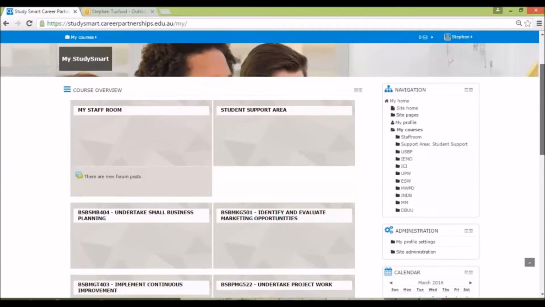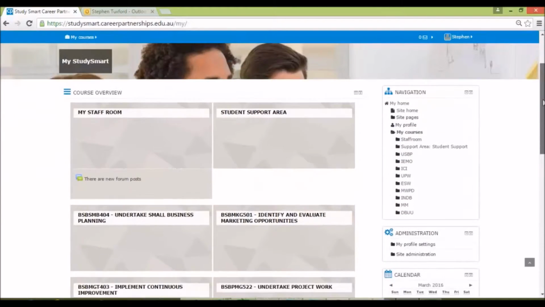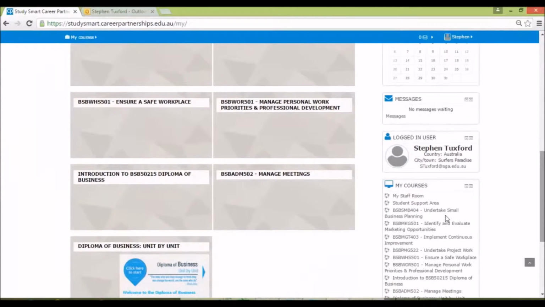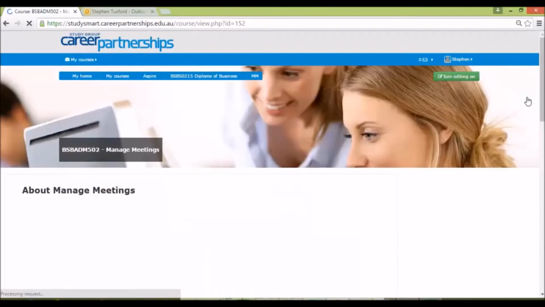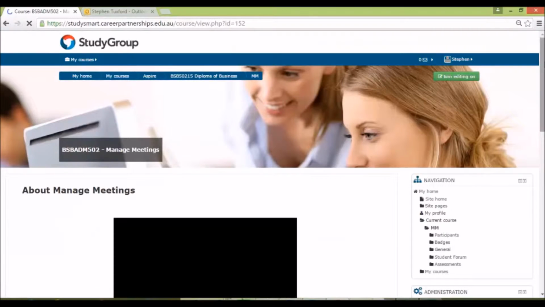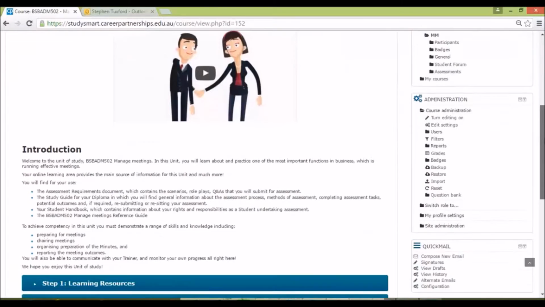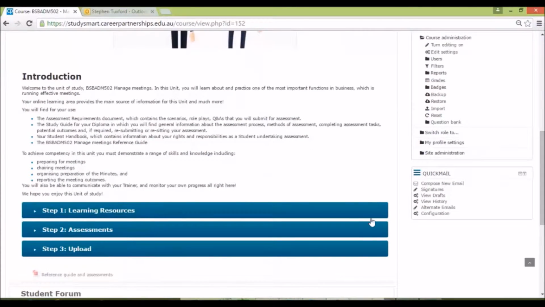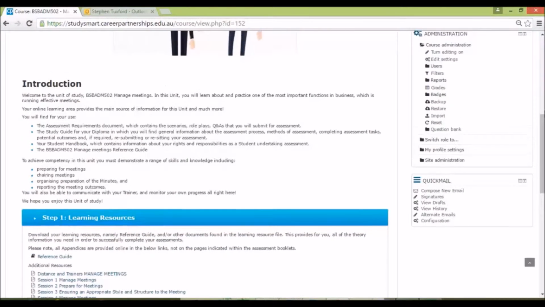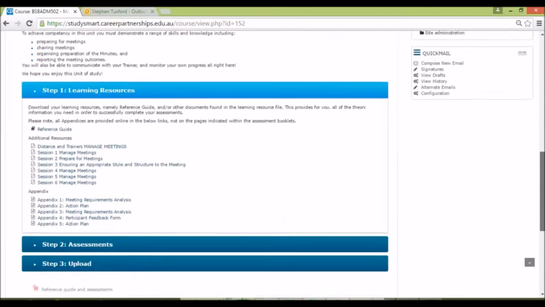Once again, at the course overview page, I can see all the units that are available. I previously went to the overview of the Diploma of Business. Now if I was first starting the course, I would be on Manage Meetings, and I'll just click on that unit to go in. Once you go to the unit that you are undertaking, it will do a small introduction on what you'll be doing for that unit, as well as drop-down bars that will help you in terms of learning resources that will help you achieve the assessment booklets